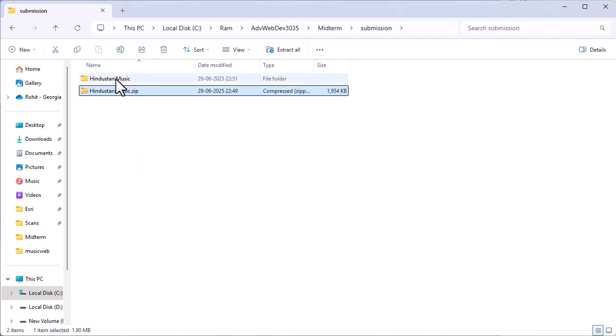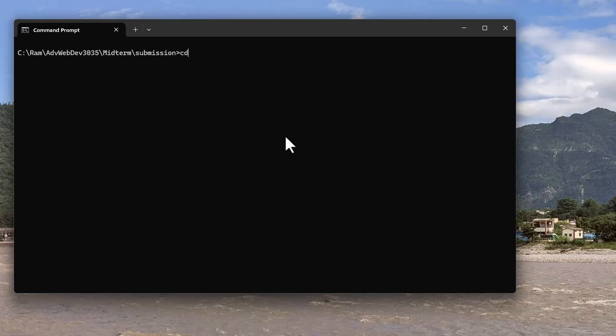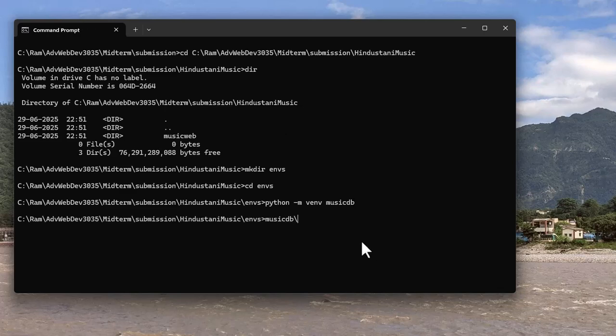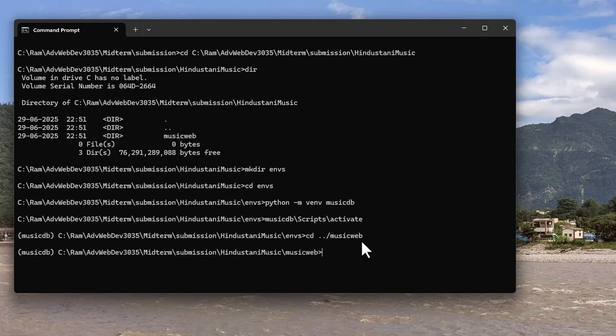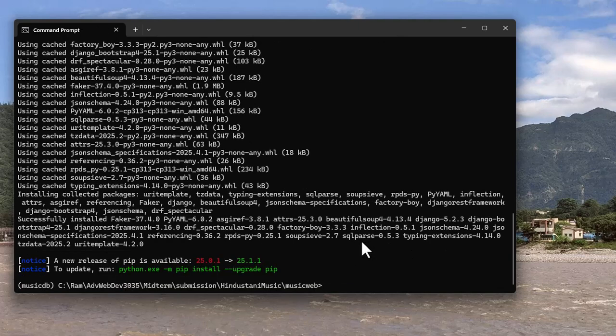When you unzip the submitted Hindustani classical zip file, you will get a folder containing the music web Django application. We can open a command.exe terminal and first create a new environment. Then we activate the environment by running the activate script and change directory to the music web folder, which contains a requirements.txt file. We install all the required dependencies using pip through this